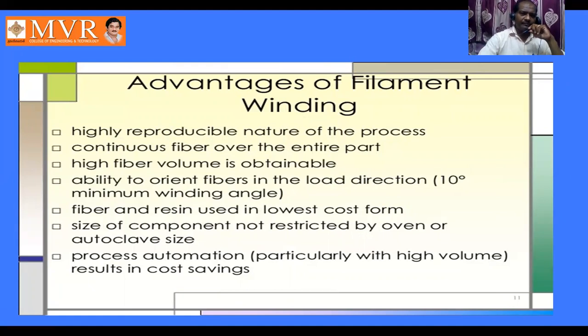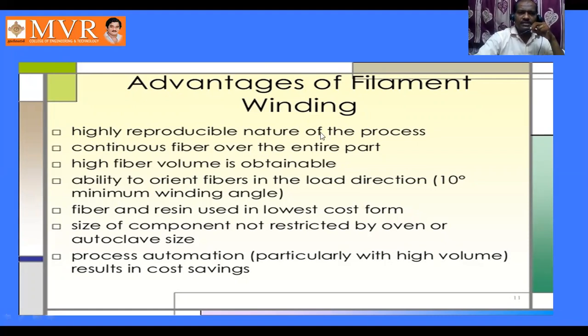Advantages of filament winding. First of all, why is filament winding done? Filament winding is done to resist the pressure of any component. Second, if you want to take a specific material, a thread, it will be composed with a number of other molecules like resins, hardeners, colors, and UV absorbers, that means purification of the thread. In the medical area, thread also should be sterilized. In that case, we are going to use this type of method for sterilization of a thread.